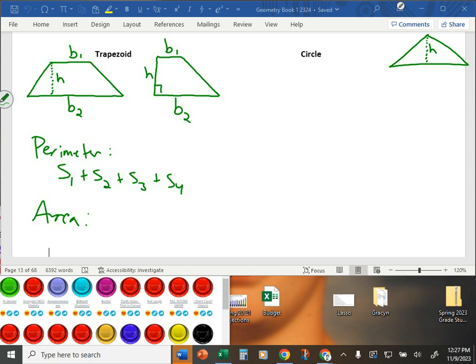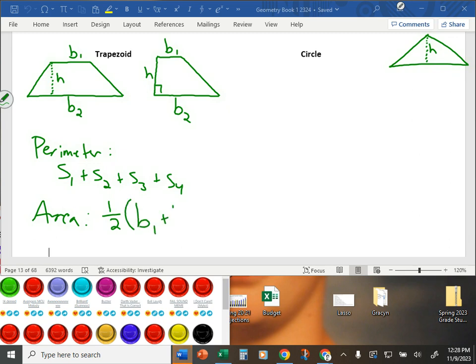Base 1 times base 2 times height. No, you're getting closer. Not quite though. Voltinsky, what do you have? Base 1 times height plus base 2 minus base 1 times height. That sounds like a lot of fun, but no, it's a little bit similar to that. Last one, Garrison, then we'll reveal. Base 1 times base 2 times height divided by 2. That's the closest one yet. But it is 1/2 base height